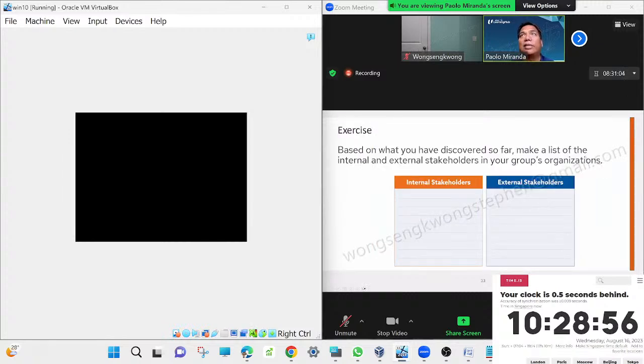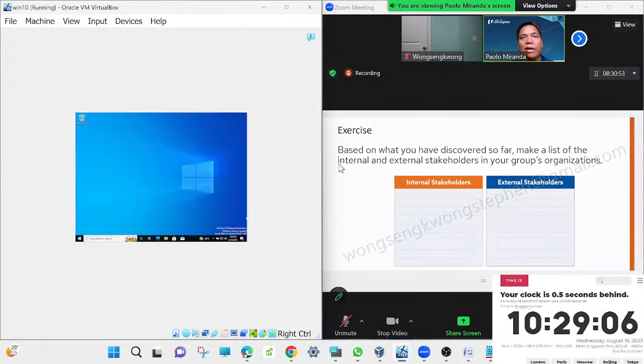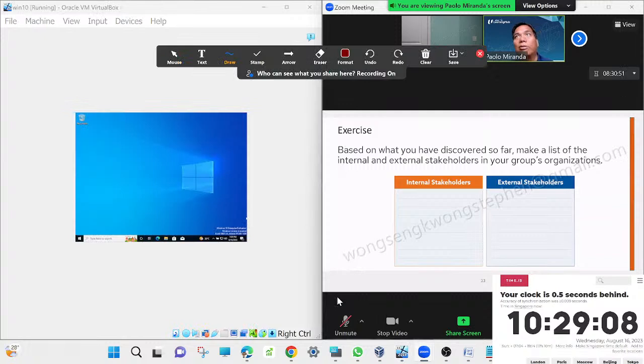So let's do this exercise. Here, I need you to use your annotate function on Zoom. Okay. So based on what you've seen earlier, I'd like you now to map out your own internal and external stakeholders using the annotate function. So do that now. Okay. So click on annotate. There. Okay, someone just wrote. You can use a text instead of the scribble function. So by using text, you can type here